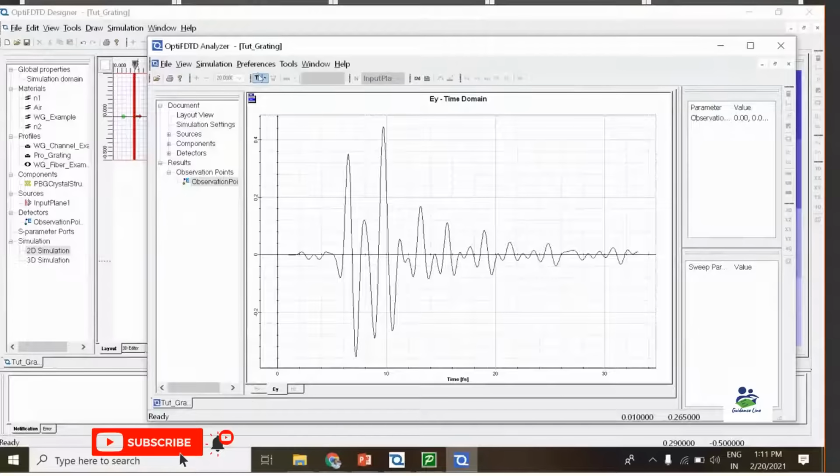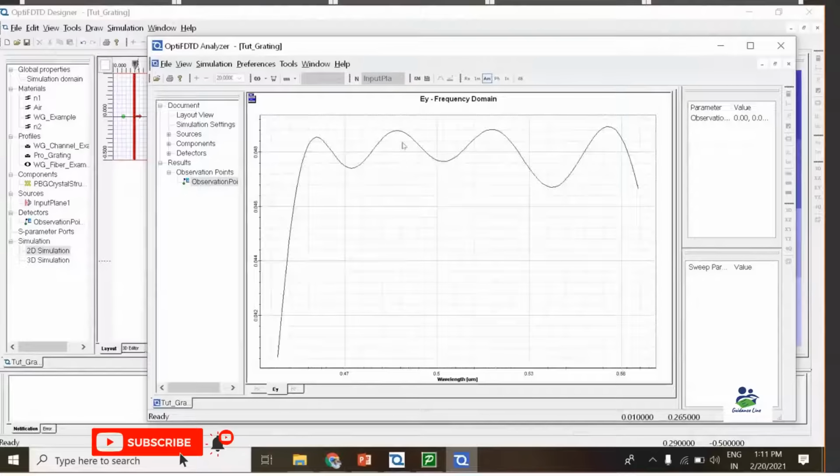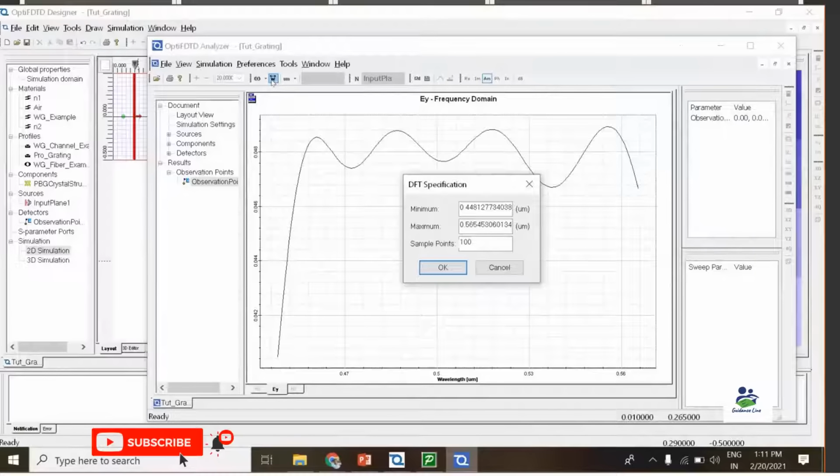Apart from that, this is the time domain. Now we are going to see the frequency domain analysis. In the frequency domain analysis, you can see we have this type of random graph which we are not able to understand. So we change the specification by clicking on this symbol, which represents the DFT specification.